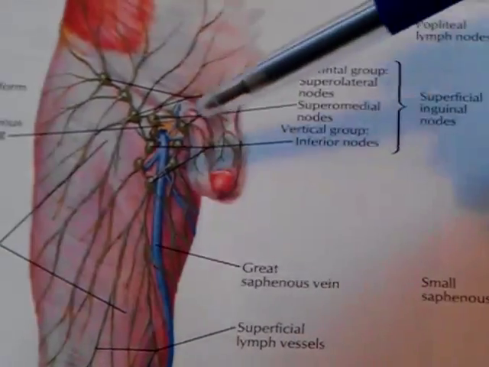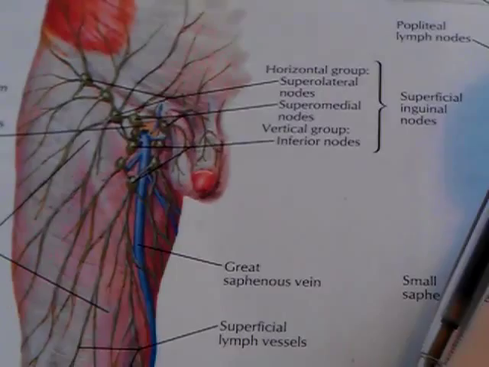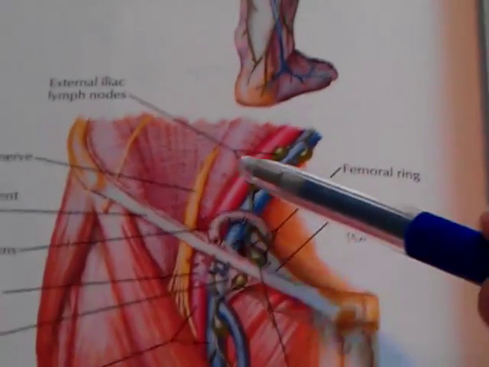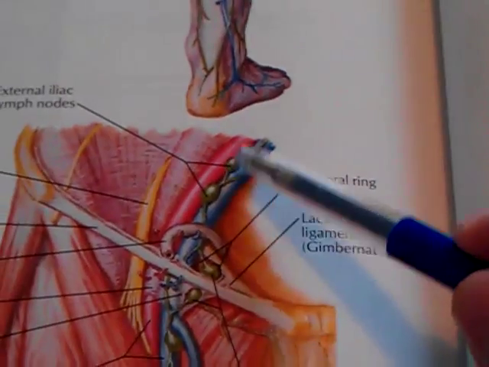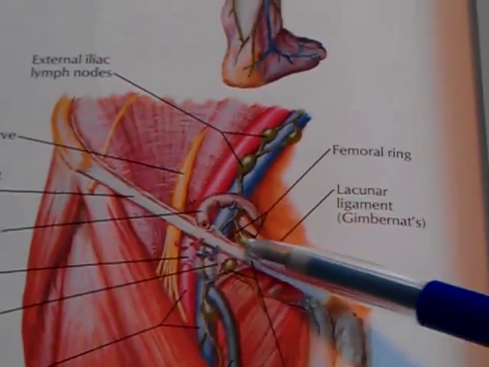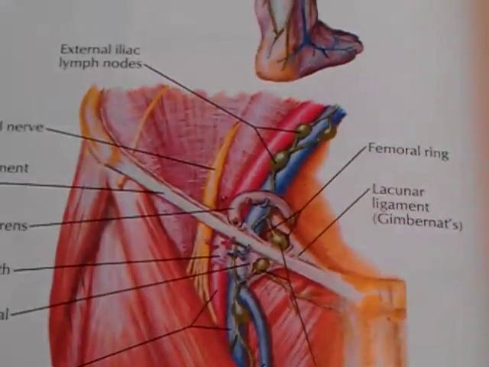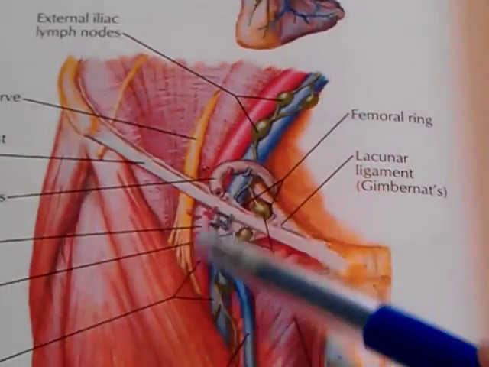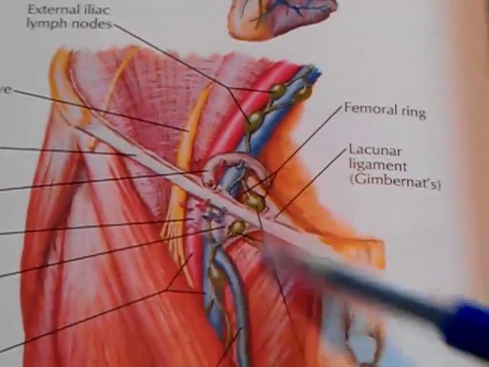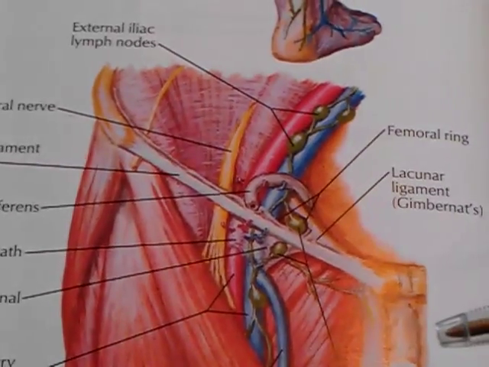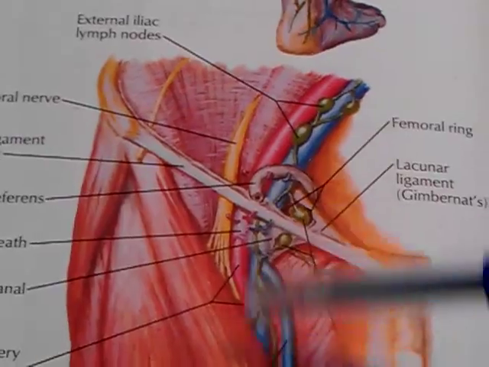The lymph from the superficial lymph nodes is drained into the external iliac lymph nodes, here, and into the deep inguinal lymph nodes. The deep inguinal lymph nodes are placed around the femoral vessels in the femoral triangle near the inguinal ligament, and they receive lymph from the deep lymph vessels of lower limb